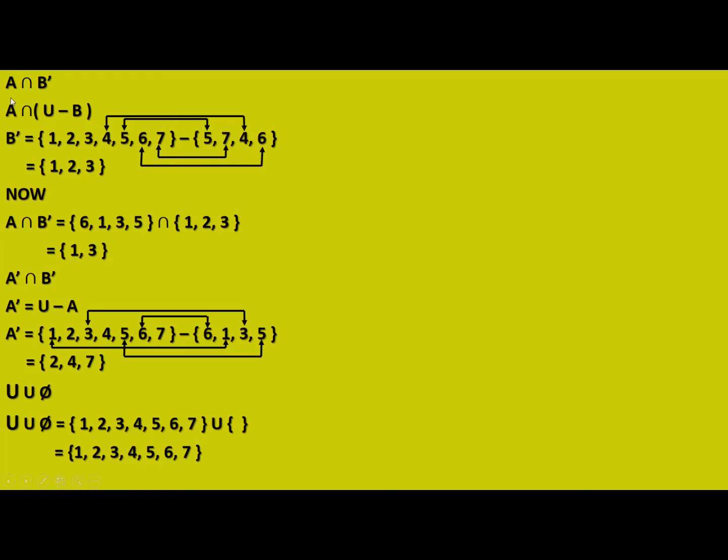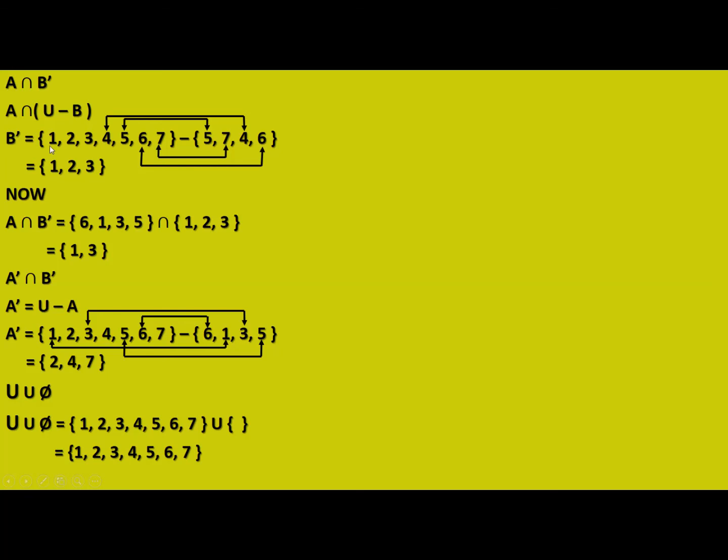Now we are doing A intersection B complement. Students, now the complement sign is on B, and I've told you that wherever you see the B complement sign, it stands for U minus B or U difference B. So how will we write it? A intersection, bracket, U difference B, bracket close. Always, anything which is inside the bracket, we have to solve first. So what is written? U difference B, that stands for B complement.